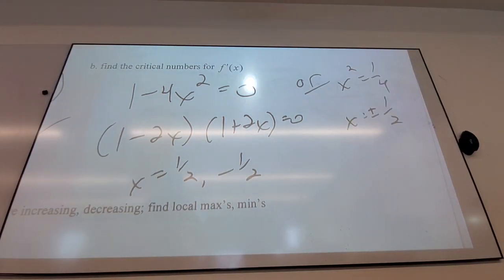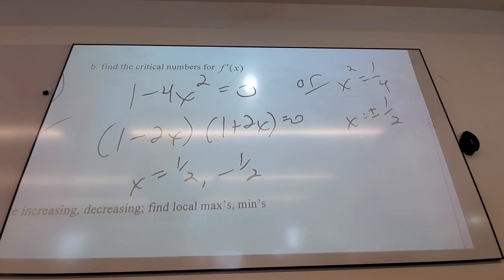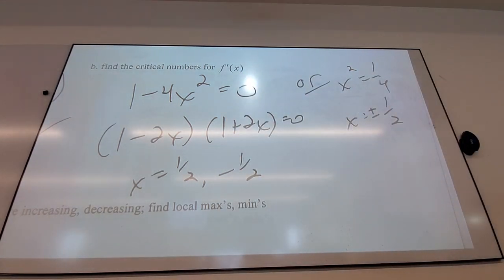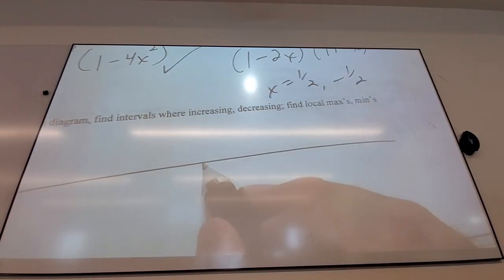And this could be anything. Are either one of those ways okay? You can pick the way you like better and do it that way. So now we got our critical numbers. Now we make our